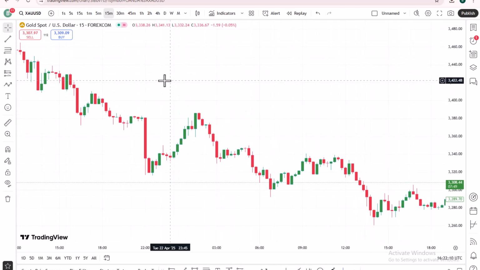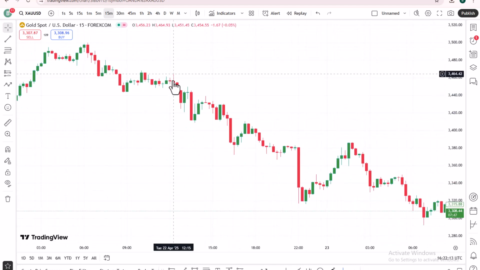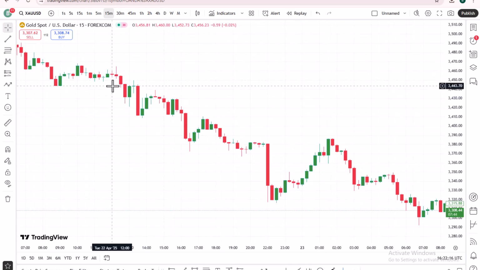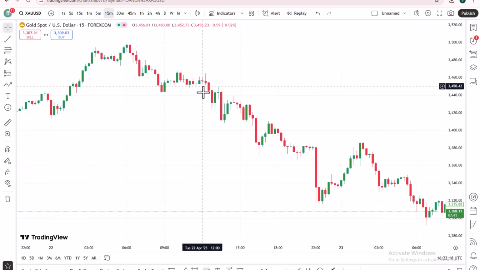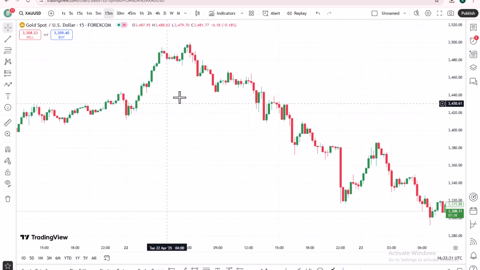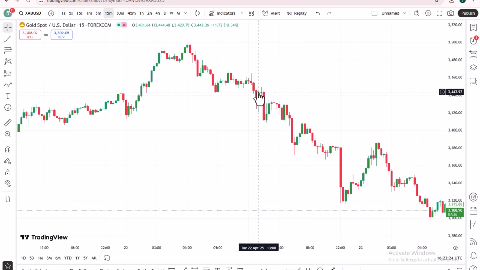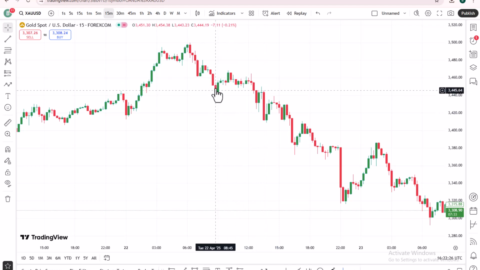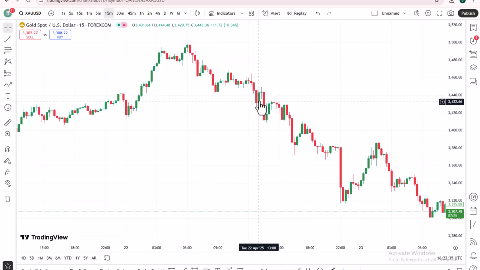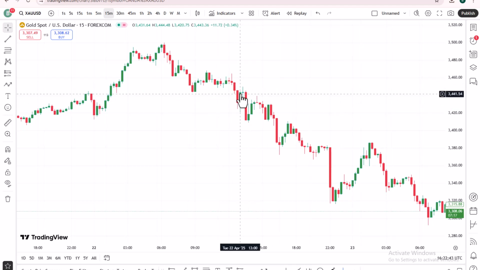But when I see a pattern like this one, the pin bar, this candlestick pattern, this is where I actually go all in when I see this kind of pattern. Yeah. So another example is here. Here when it created this lower low, it pulled back, came back here, and this is another candlestick pattern that you can trade with. When I see this kind of candlestick pattern, then I sell the market.